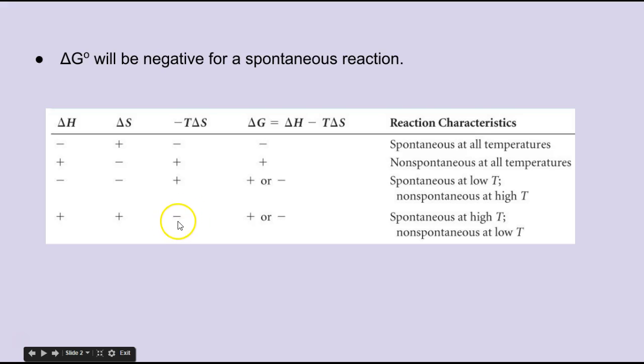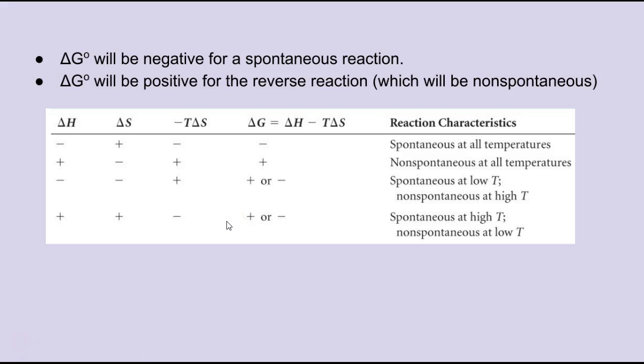And so as long as that negative comes out to be larger than the positive delta H, we end up with a spontaneous process. Okay, so the other thing to keep in mind is that there's this relationship. We're eventually going to get into looking at equilibrium, and we know that most reactions can be thought of as reversible, and many reactions are truly reversible, where they'll reverse to some degree